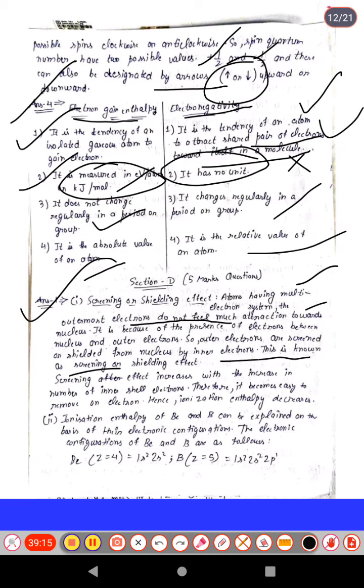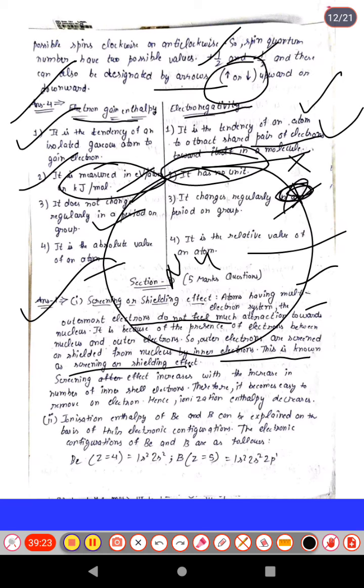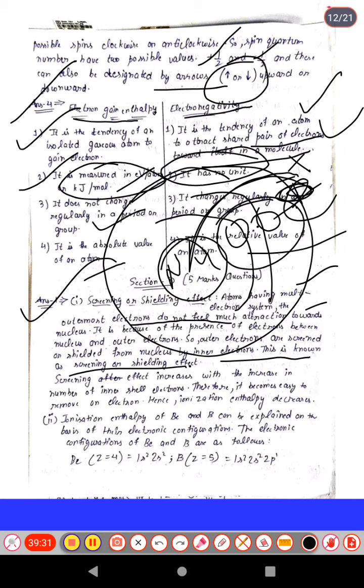Simple. If we have a nucleus, and between the nucleus and the outermost valence shell there are shells in which electrons are present, the orbitals in between become shielded between the nucleus and the outermost electron, and that is the screening or shielding effect. Okay. The screening effect increases with an increase in the number of inner shell electrons. The more there are, the more it increases, and therefore it becomes easy to remove an electron, and hence ionization enthalpy decreases. Okay. With a small ionization enthalpy we can remove the electron easily. So this will affect the